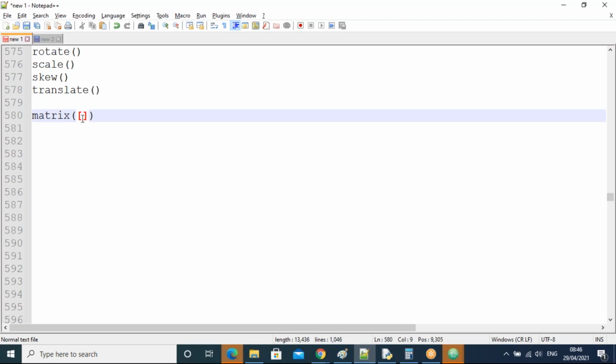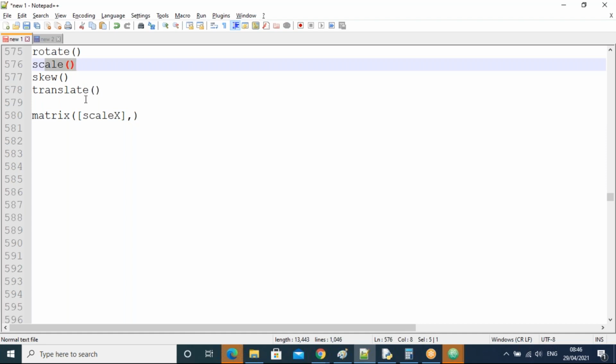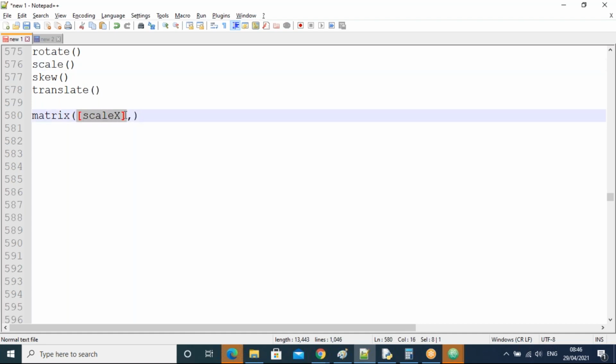I take a square bracket list like this. The first argument is scale x. Here we have scale x, scale y, right? So in the matrix, first of all we give the scale x value.